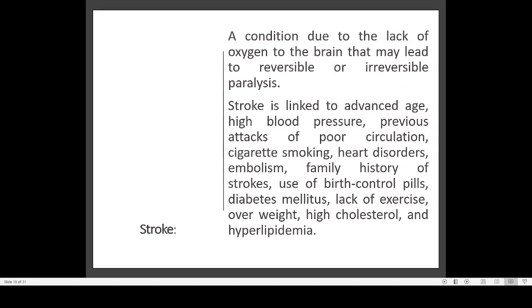One important problem with brain cells is that they cannot survive more than 10 minutes. After 10 minutes, if your brain cells are not getting any oxygen or nutrients, they will die, and they may die permanently. But sometimes our brain has the capacity of regenerating some of the cells.